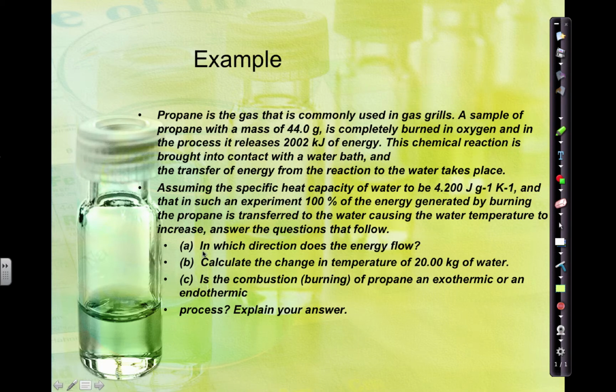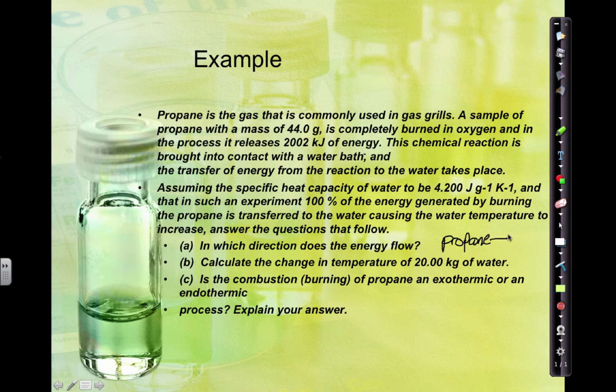answer the following questions. Okay, first of all, if it says 100% of the energy is transferred, that means all of the energy lost from the propane is transferred into the water. We don't lose it to the atmosphere. All right, so in which direction does the energy flow? Well, we are burning propane, and then it says that it releases 2002 kilojoules of energy. So if it releases energy, then that means that we are removing the energy from the propane, and then we are allowing that energy to be absorbed into the water. So it moves from the propane